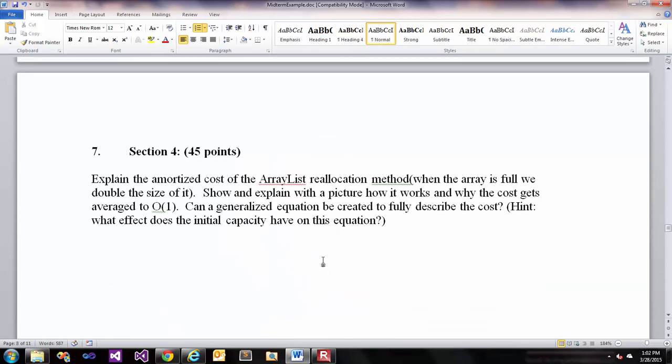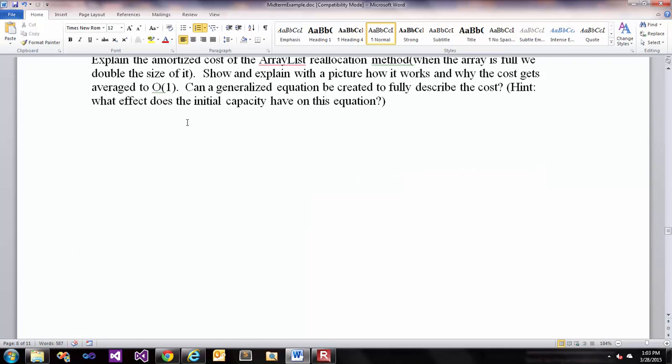So section 4 is the reallocation method. Previously I described it in terms of initial capacity. Obviously I explained it a little bit differently now. However, what we should do is still go through and draw out the picture that we showed. For you guys that remember in class when we described it, we drew a picture of